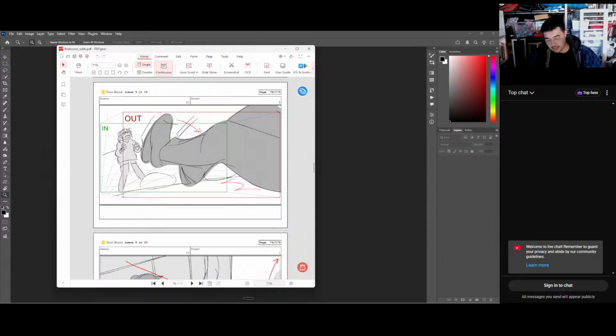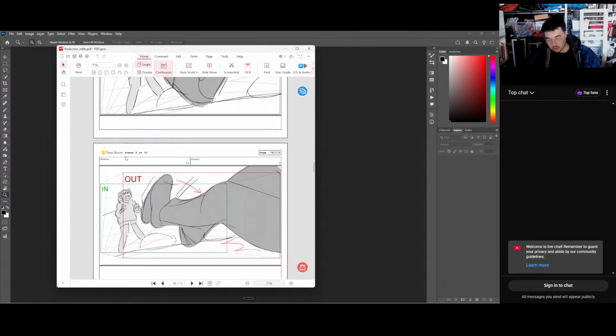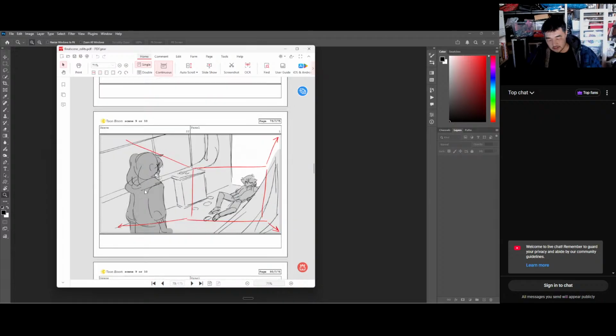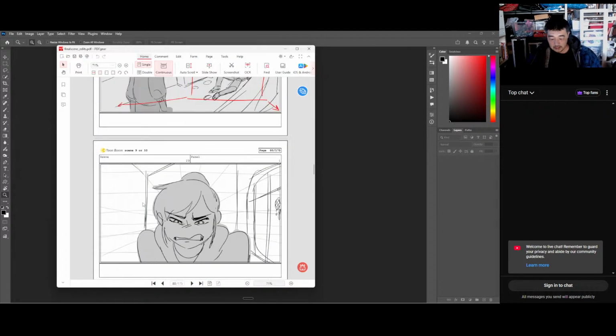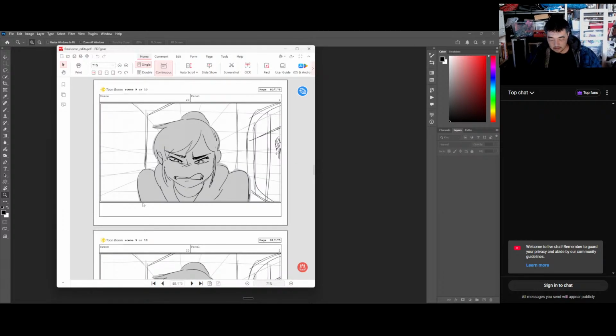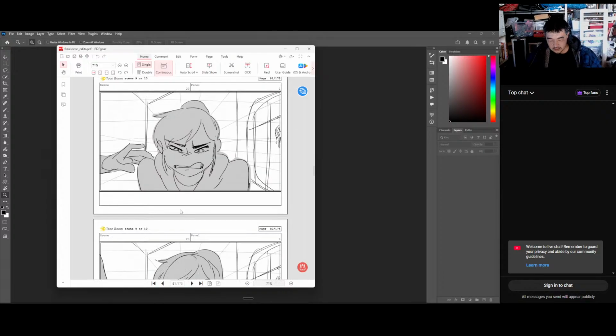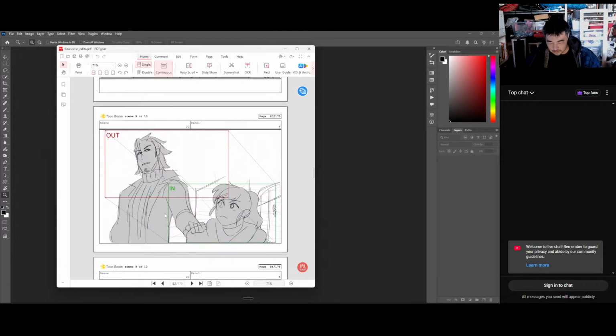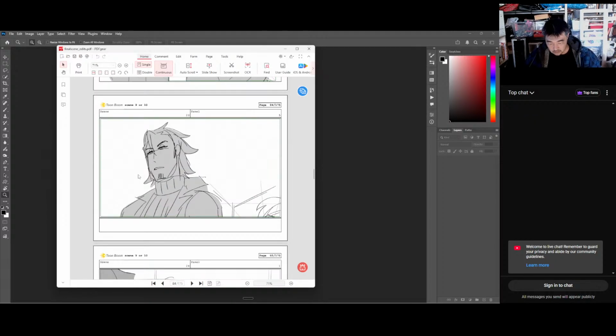Wait, in, out. No, we're pulling out. So we're on her. We pull out with this guy. And then we're back onto him. We're single on him. We pull out over her shoulder. And we're on her face. And then a guy comes through, puts his hand on her shoulder. And then it starts here, and we tilt up to his face on the man.